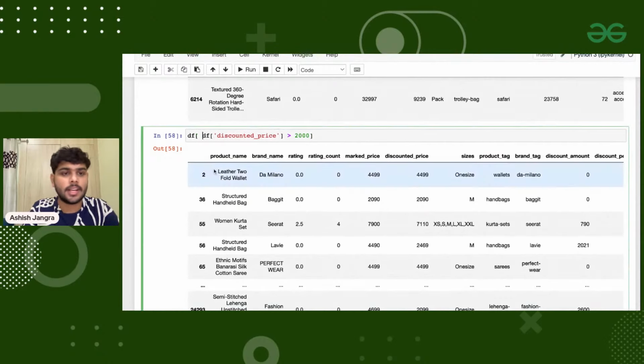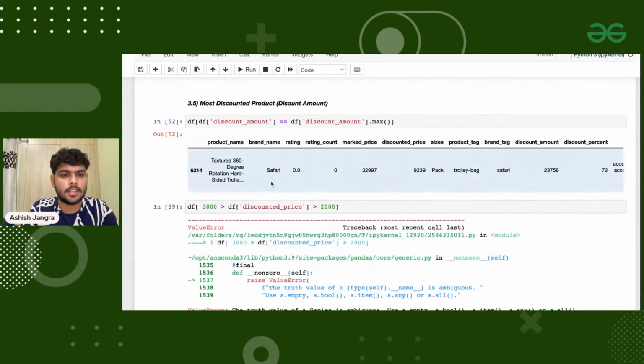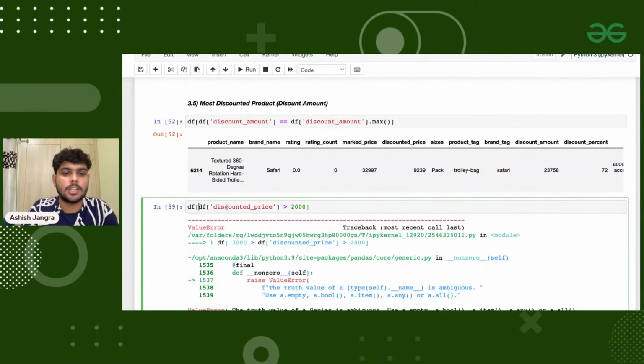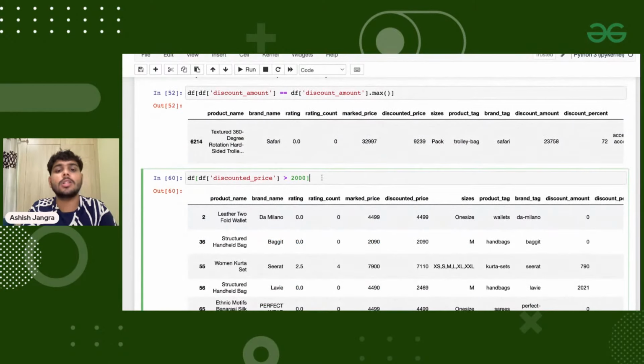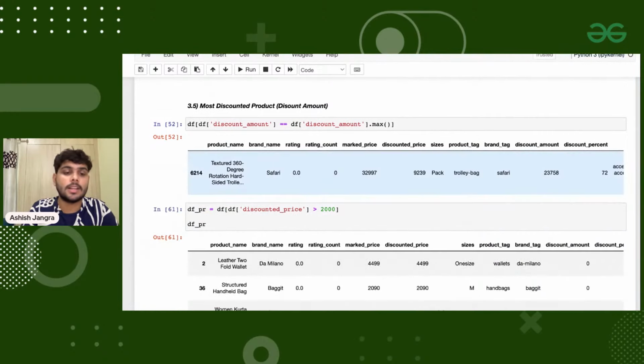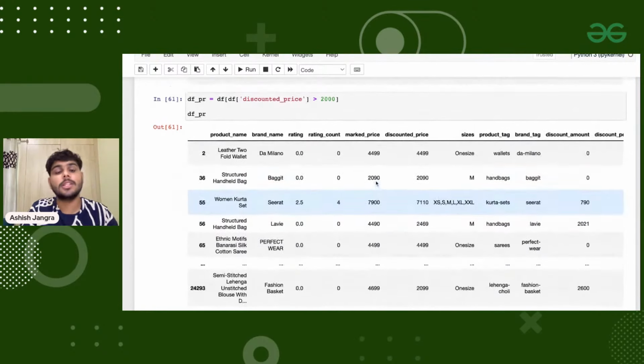Sorted. And let's see if we can write the same thing exactly here, or I need to change some of the things. Okay, so I think I need to change some of the things here. If I'm executing it, this is telling you all the products with price more than 2,000. Okay, and I am taking the pre-processed data set. If I'm printing df underscore pr, this is the new data set we are having where the discounted price is